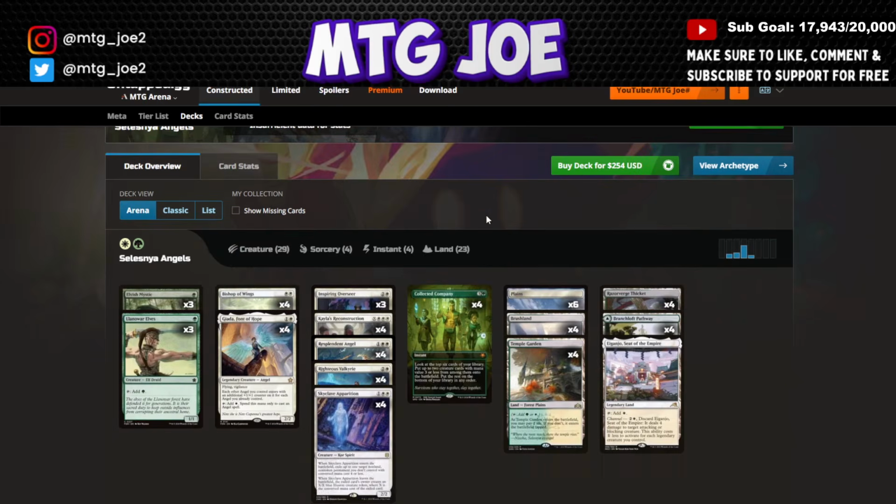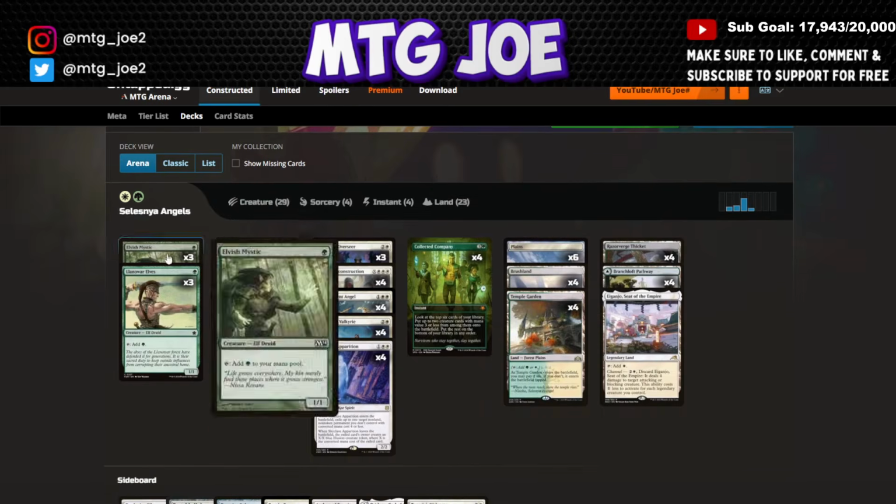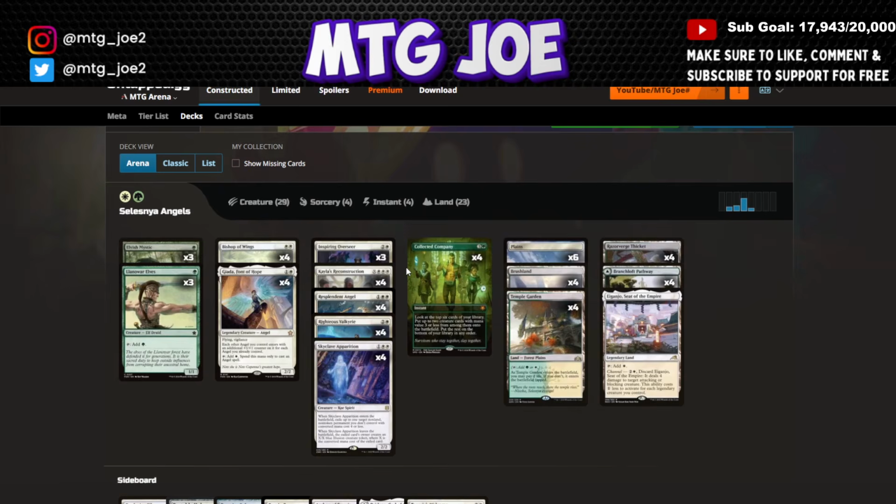Selesnya Angels. So this deck here is looking to use your 6 accelerants to play Angels ahead of curve, gain a bunch of life, Righteous Valkyrie, Bishop of Wings, gain your life with Angels, and then you kind of play